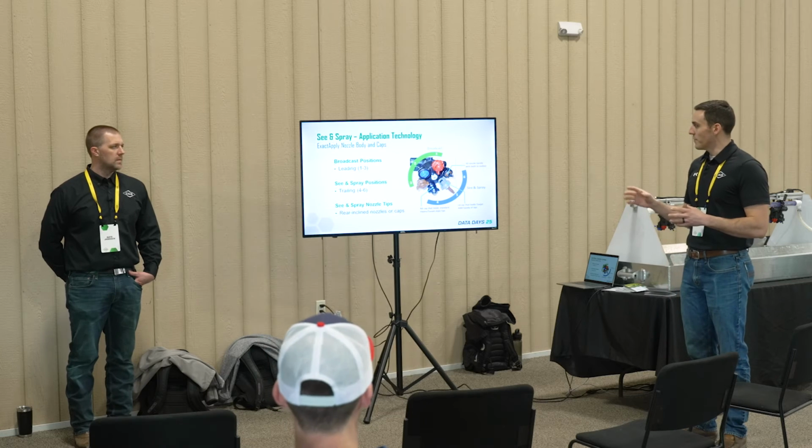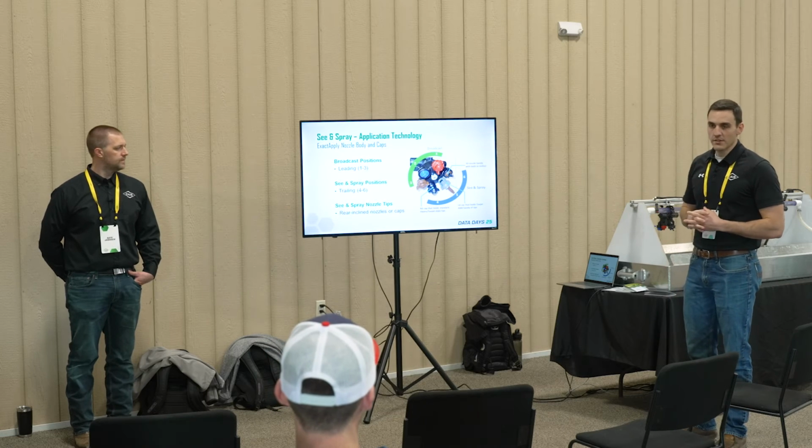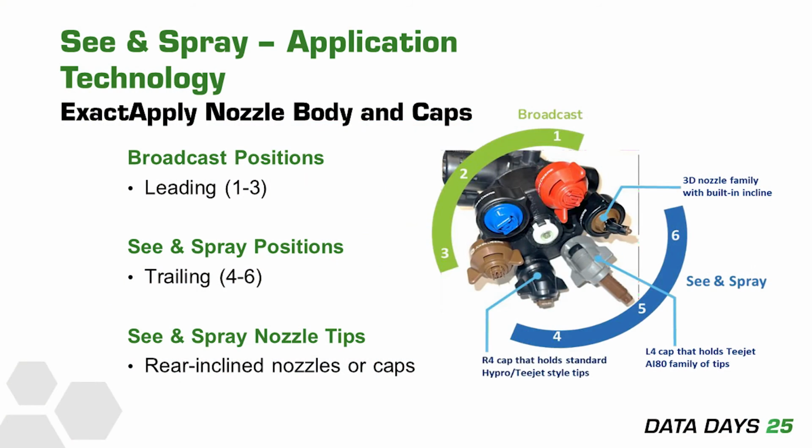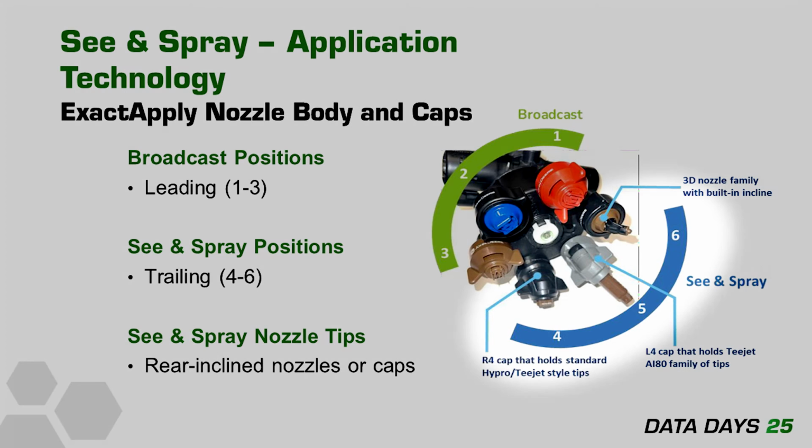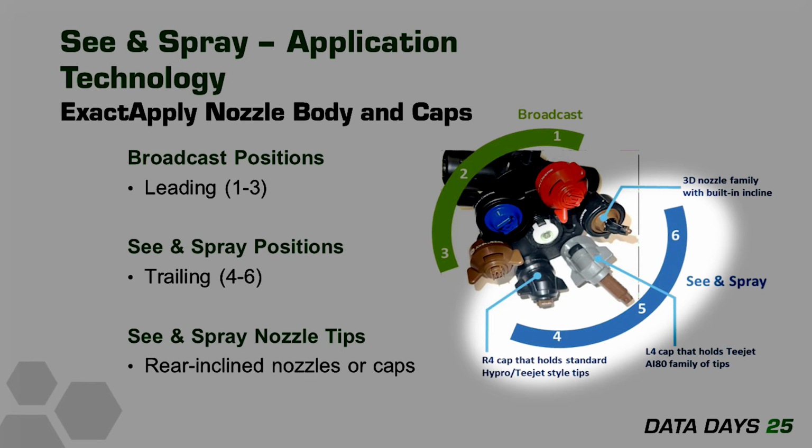But another piece of that is our nozzle body. The foundational piece of the See Spray system is the Exact Apply nozzle body, right? We need to understand the anatomy of the nozzle body itself. If we're going to be spraying with the See Spray system, we have to have a rearward inclined nozzle facing backwards on the rear portion of the turret, right? So in position 4, 5, or 6 on the turret, you have to have what we call an inclined nozzle